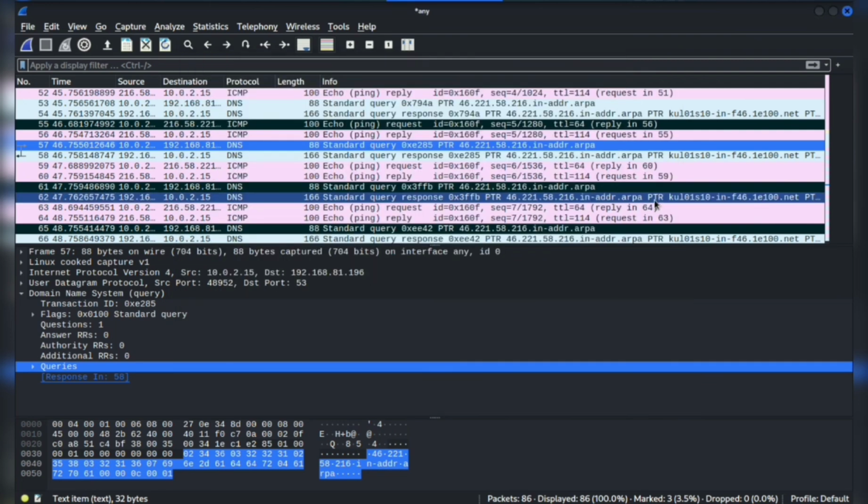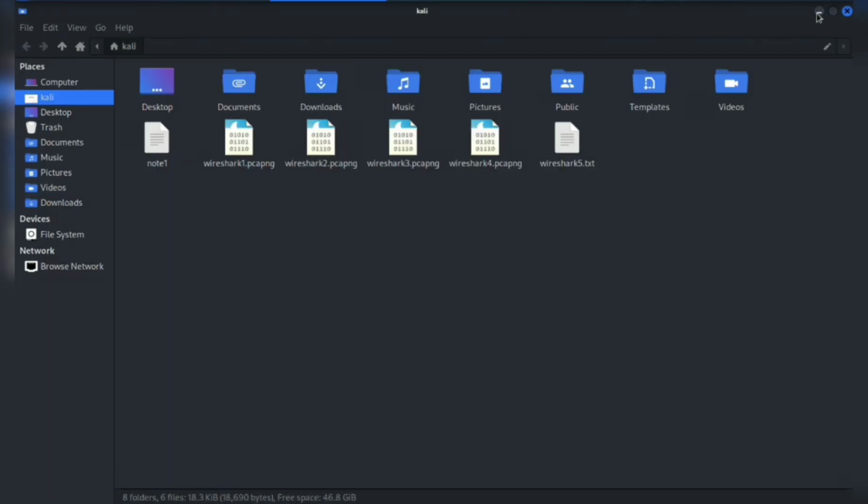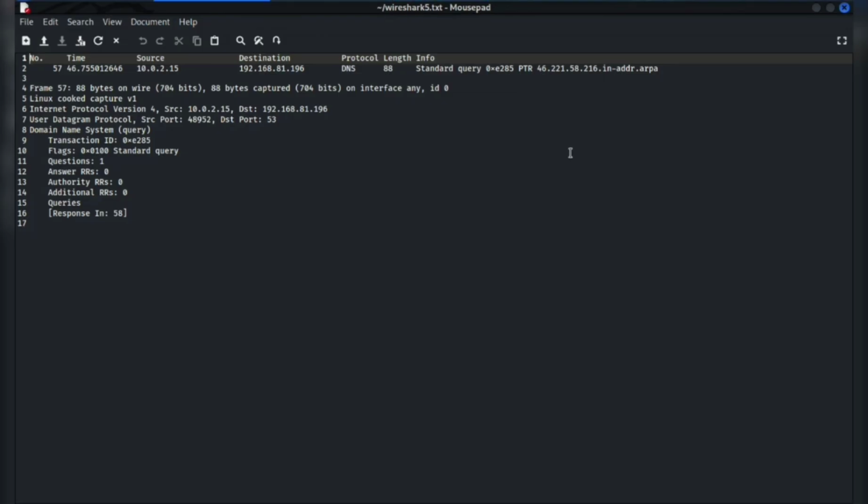Let me save it. Now going to the saved file, here it is. As you can see, this time the file is not saved as pcapng, it is saved as .txt. Let us open it and you can see that the packet is saved as txt,